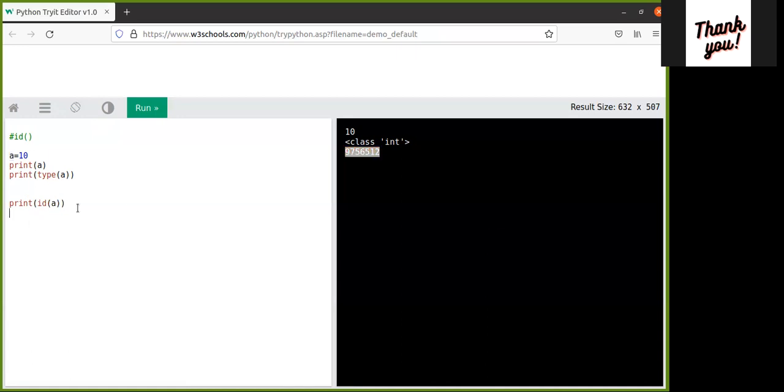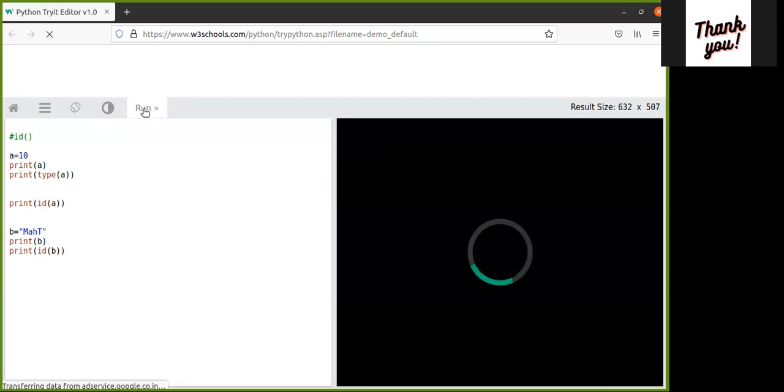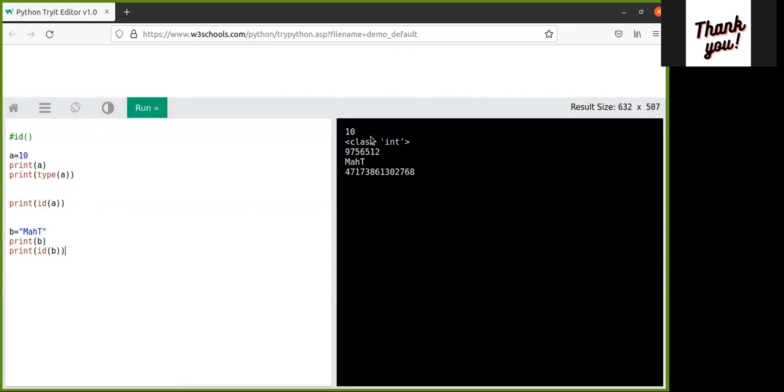Similarly, if I want to print the id of b, the memory location of b, it would be a different memory location, not the same. See here, now it points to another location.